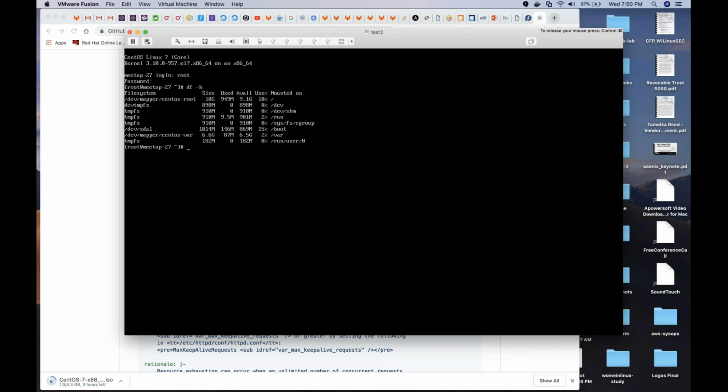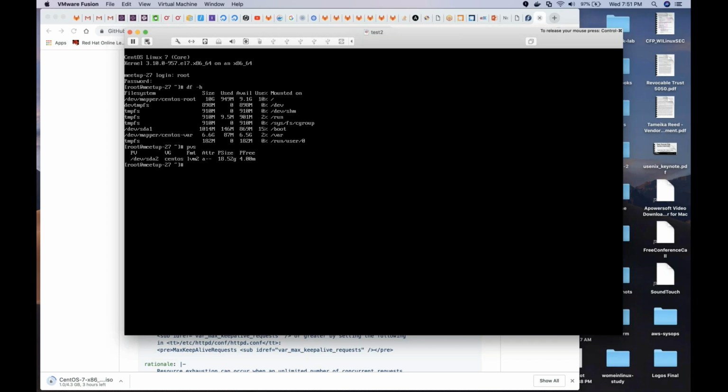And then /var, we see dev mapper, centos-var, a member of the volume group, and then a temporary file system. And we'll talk about tmpfs. But if I want to know more, there's things about LVM that you should understand. And let's start with PVS, meaning physical volume, PVS. And if I hit enter, it's going to tell me that I have